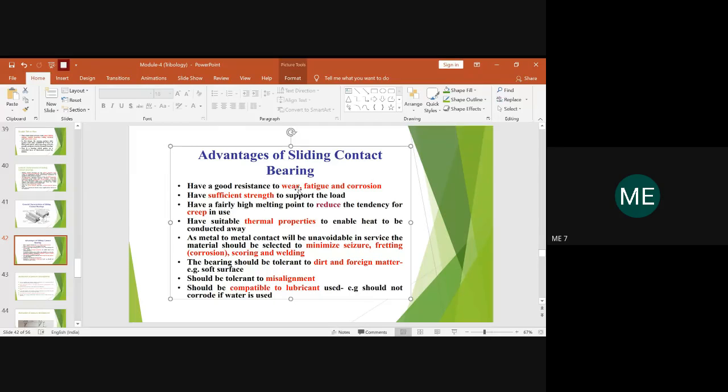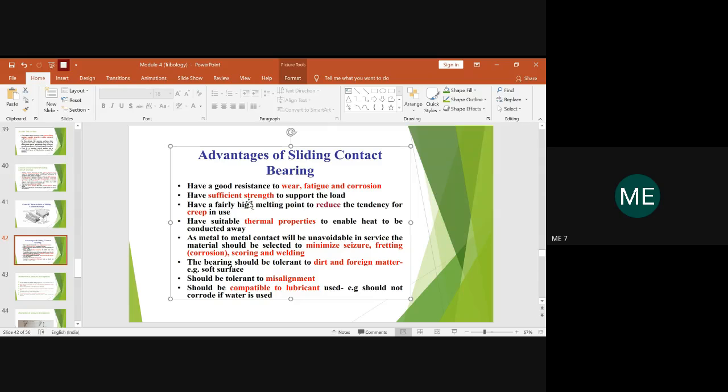Also, the material used in a sliding contact bearing cannot easily get corroded, right? The property of the material is not towards corrosion, and hence it has good resistance to wear, fatigue, as well as